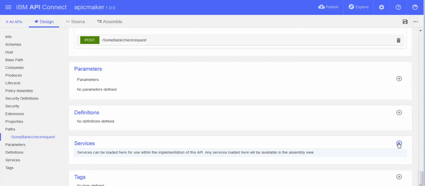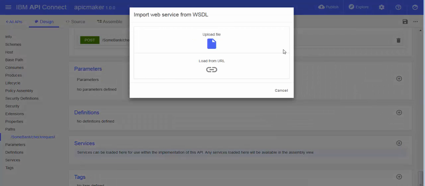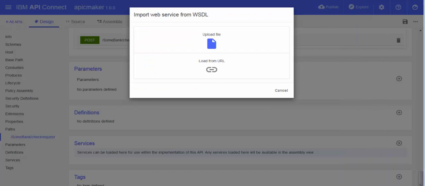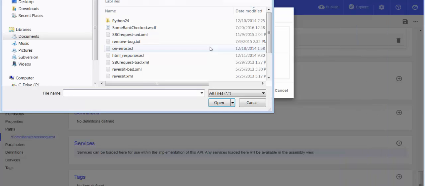We now must create a set of services that actually represent the backend. We do this by uploading a WSDL file. Here we look at the actual WSDL file, and we see under the WSDL definitions the namespace of the backend SOA resource and a check request XSD and a check response XSD. For now, however, all we need to do is upload the WSDL,